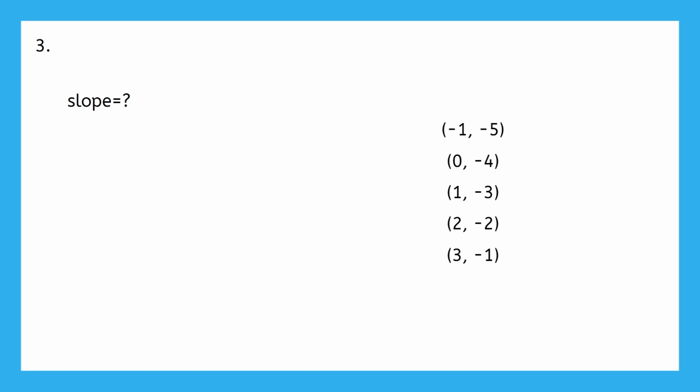Remember that at its core, the slope is the change in y over the change in x from one point to the next. In a list of coordinates like this, we could just compare the x and y values from one point to the next. So from the first point to the second, x goes from -1 to 0, which is an increase of 1. And y goes from -5 to -4, which is also an increase of 1. If we take this change in x and change in y, it makes a slope of 1 over 1, which